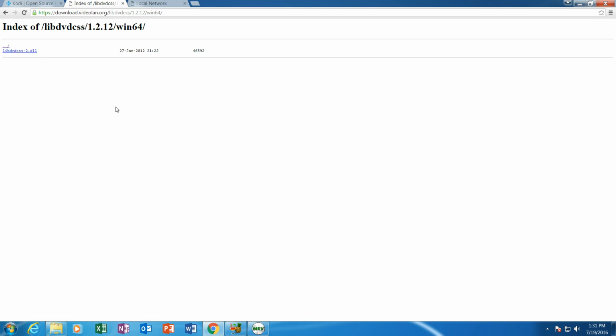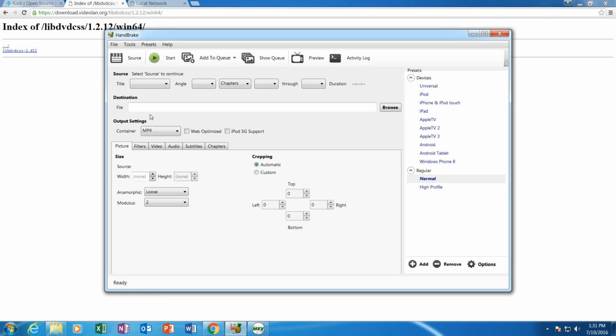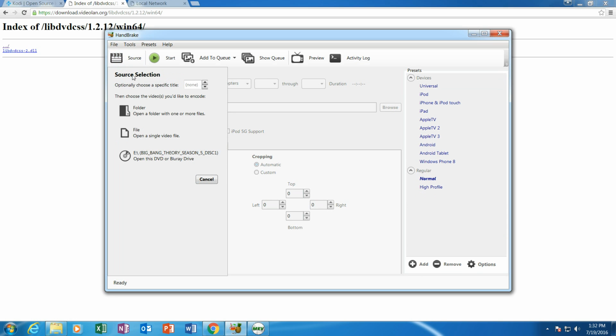Note, you'll see some things that require that you rename this to take out the -2. Not necessary. Just put it in there, and then Handbrake will be able to decrypt and read the source of the DVD. You don't have to do that if everything's already been ripped, but it's good practice in case you add some DVDs down the road. So what you'll want to do to open the source is just click this source button right here,